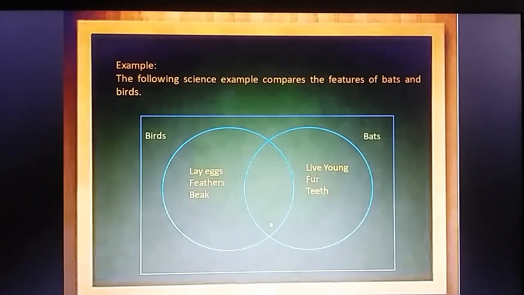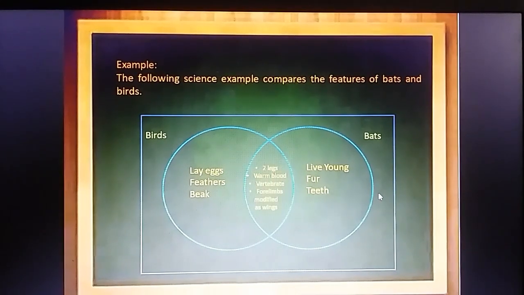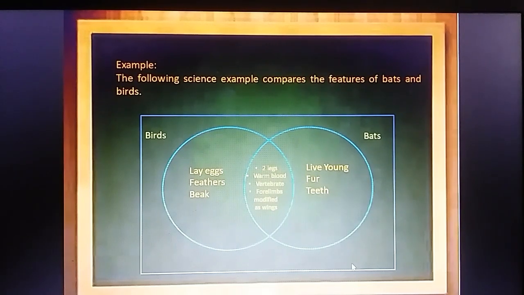So bats live young, they have fur, they have teeth. And what are the characteristics that are common with bats and birds? Both have 2 legs, they are both warm-blooded, they both have vertebrate, and they both have 4 limbs that are